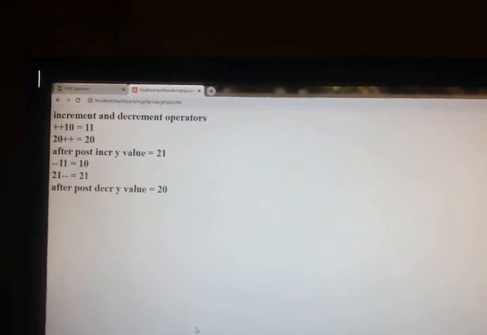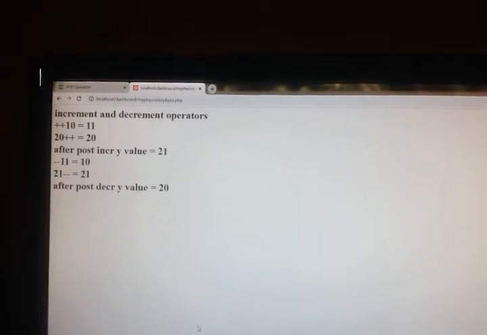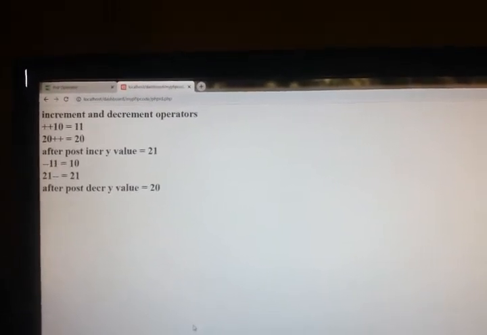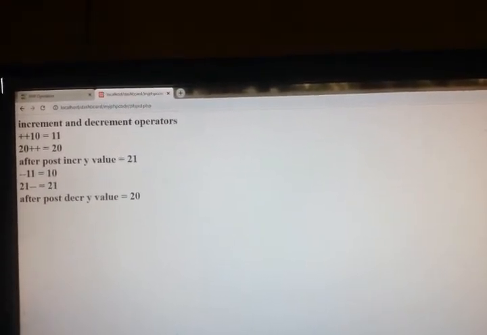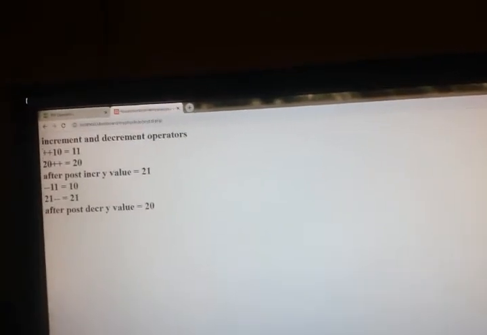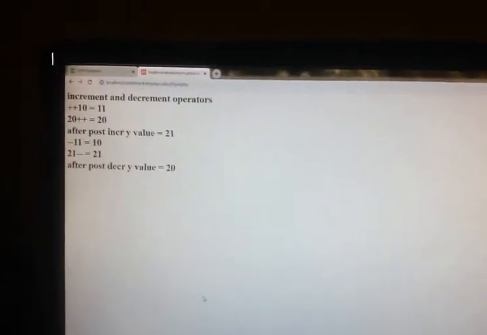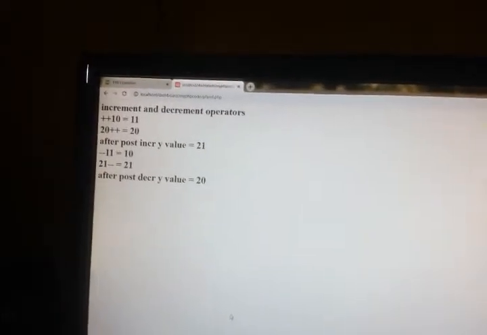Next, minus 11 level immediate effect. 21 minus is 21 only. So later on, after post decrement, that y value when we are seeing is 20. It has changed. So immediately it is not changing. Later on it is changing. This is what I want to show you.